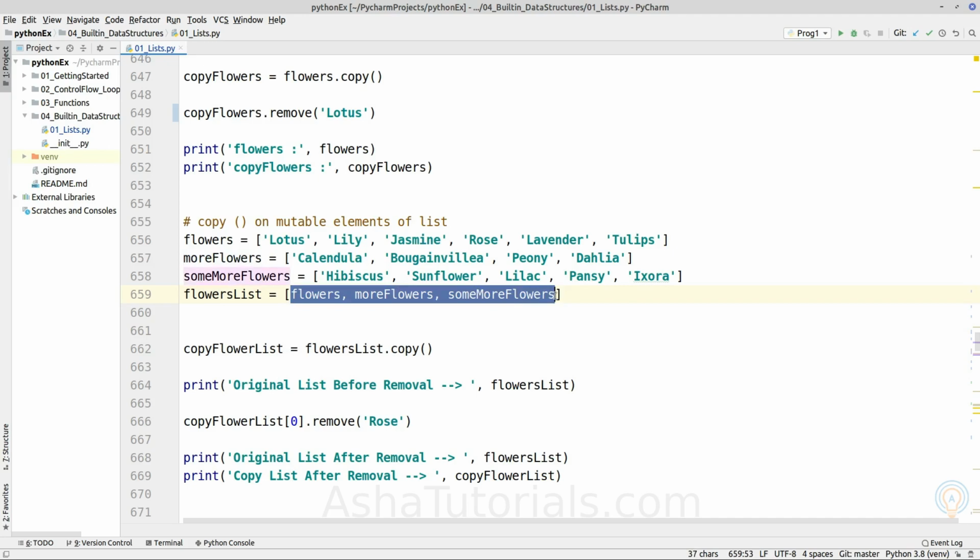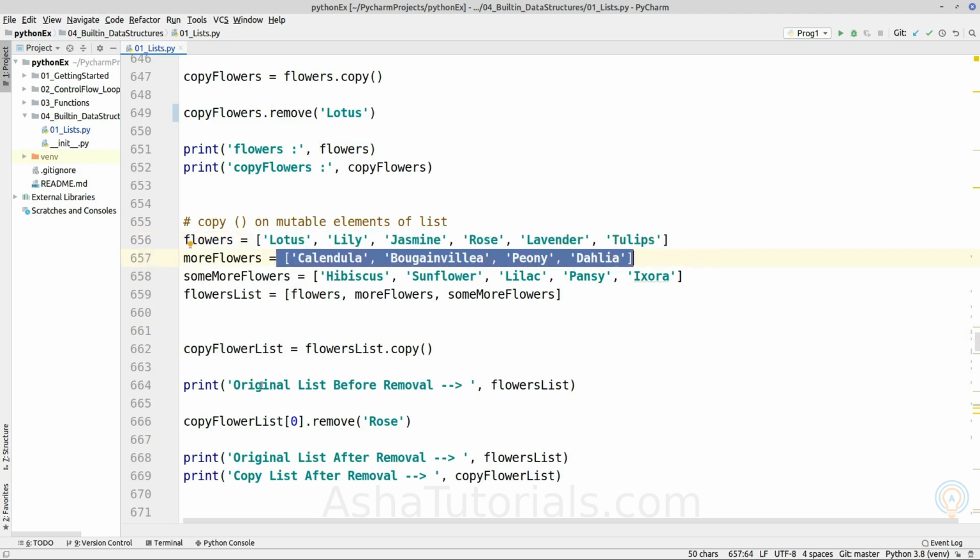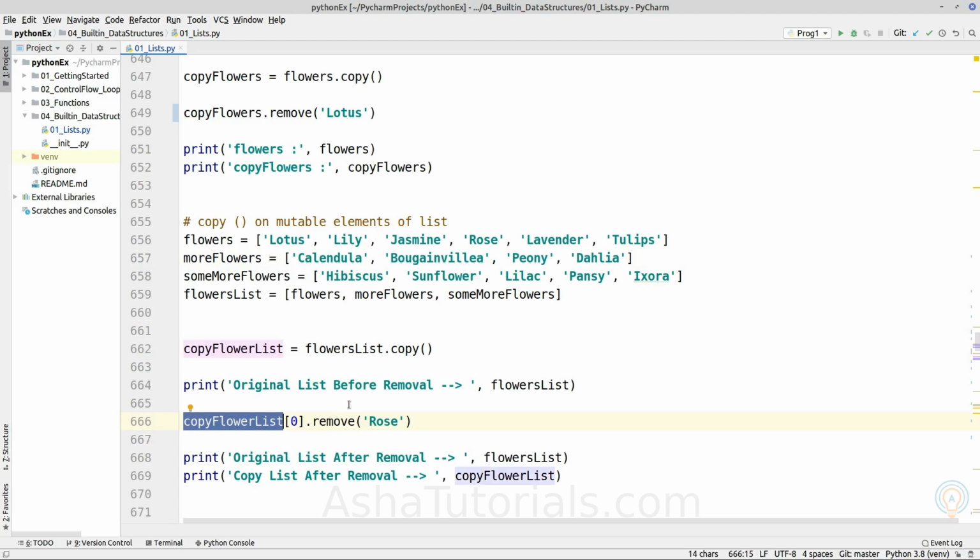as per the definition of shallow copy, it will just copy the memory address which is pointed by the original list. So if we are copying a flower list, it will just copy the reference to this mutable object. So when we are modifying those mutable objects in the copy flower list, as the memory address is the same, it will affect the same list object which is pointed by the two lists, flower list and copy list.